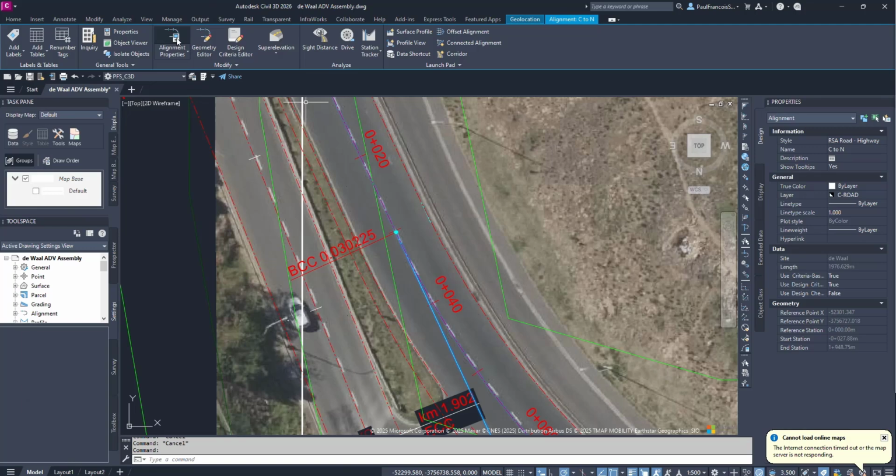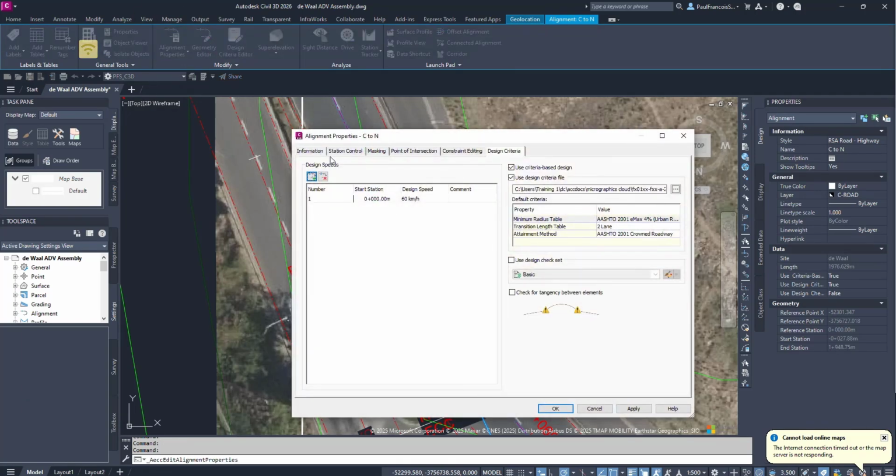Great. So then we will go to the alignment properties. Here are the stations. We start off at 60 kilometers an hour. Then we add a value. You can see that both of them are now the same. We can say the second one is going to start, and now the value that we read was 30.22. So if we put 30.22 and drop that to 50,